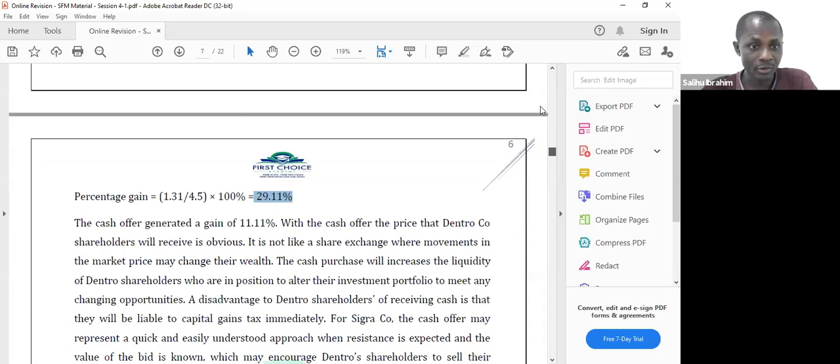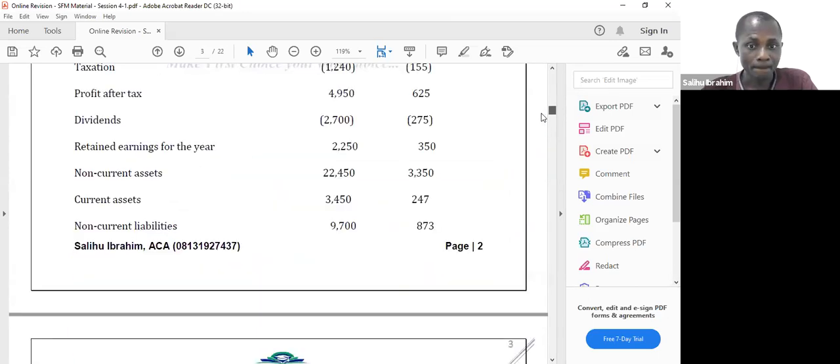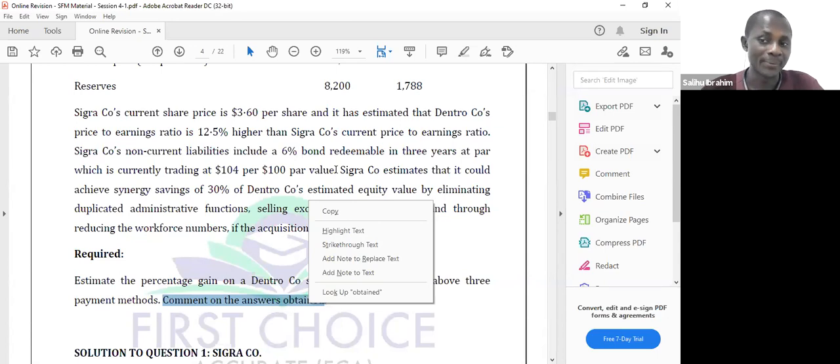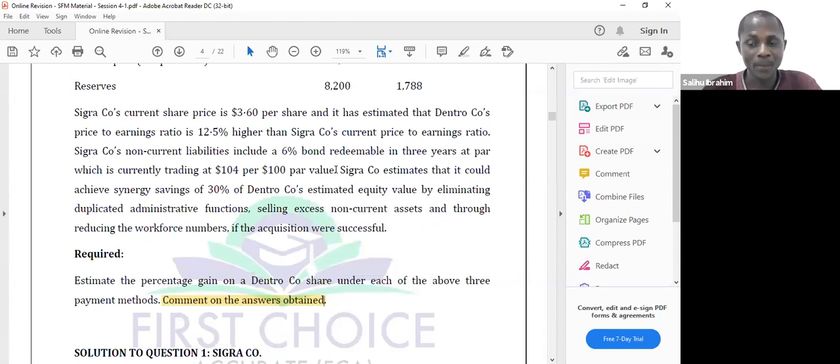This is where you bring in your professional judgment, because the question says comment on the answers obtained. What do you think the question wants you to comment on? The question wants you to compare the 3 payment offers. Okay, compare the 3 payment offers. Now let me quickly tell you that